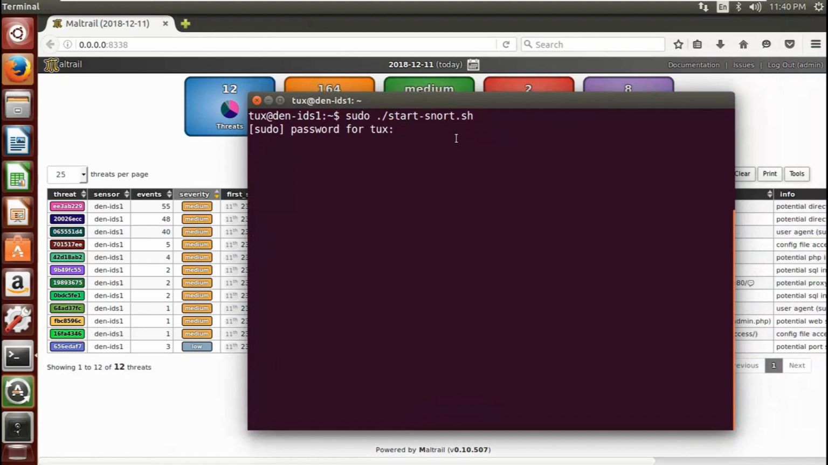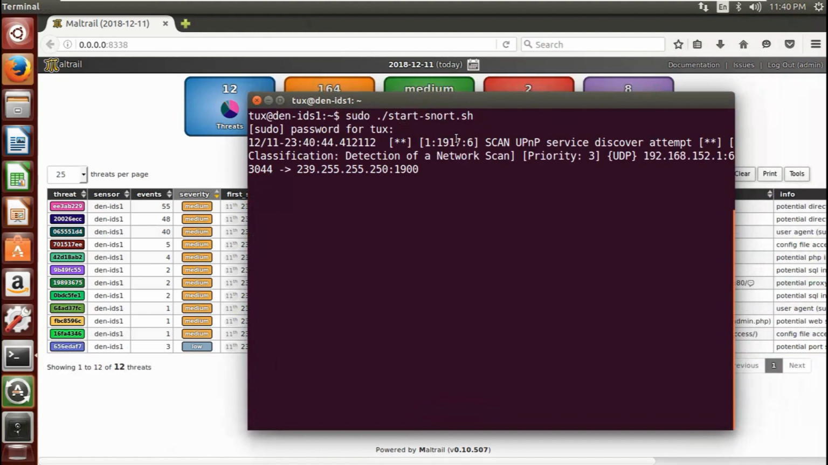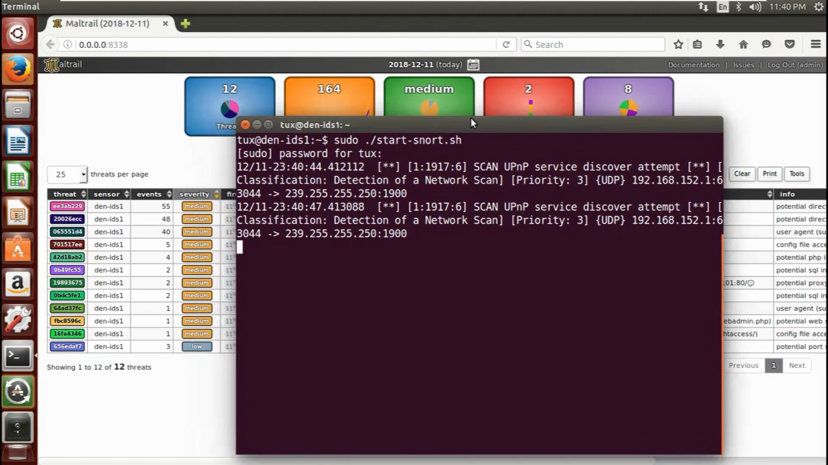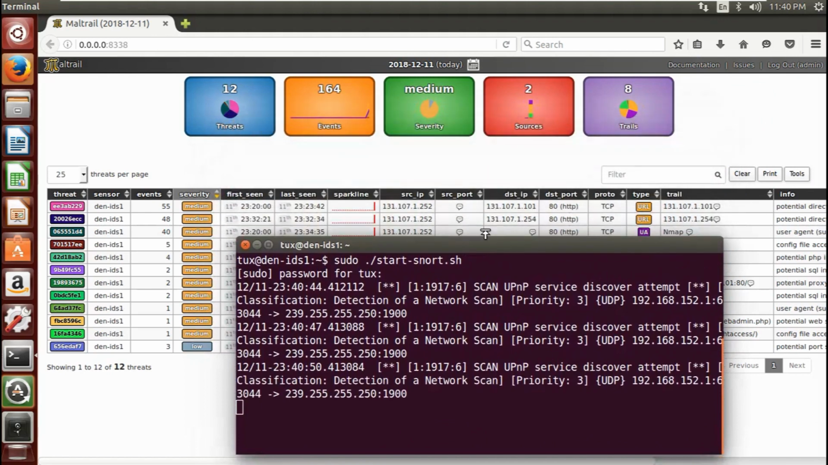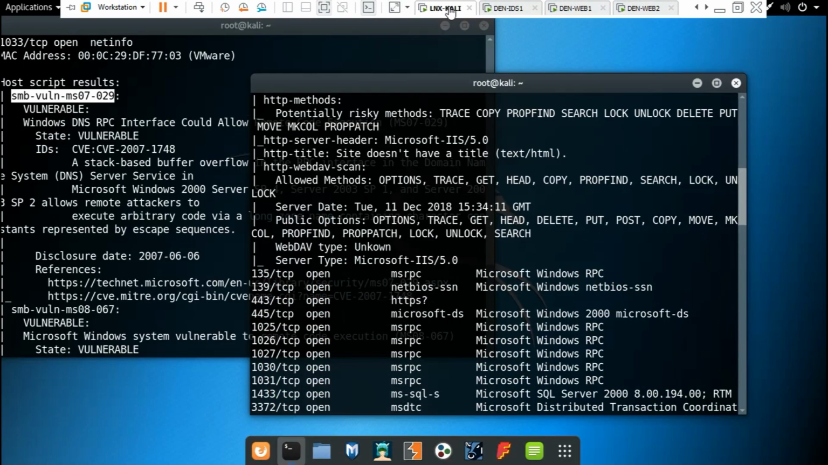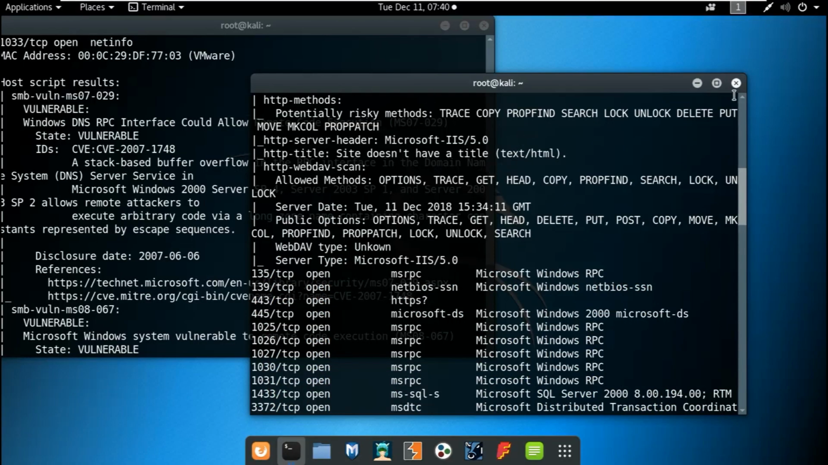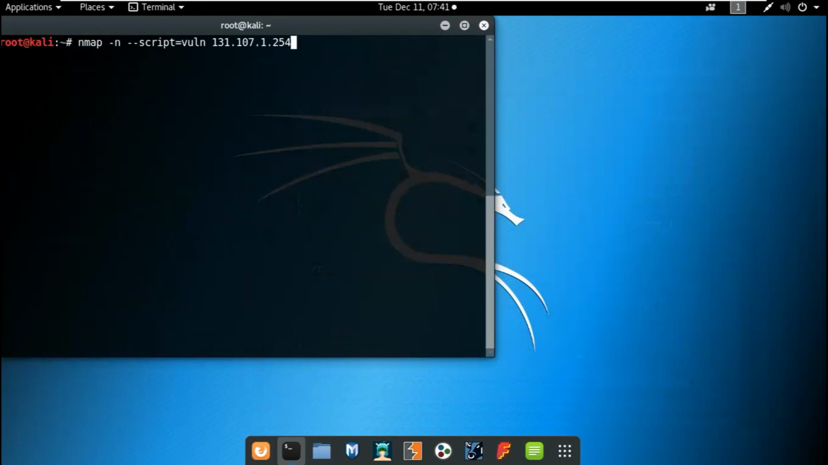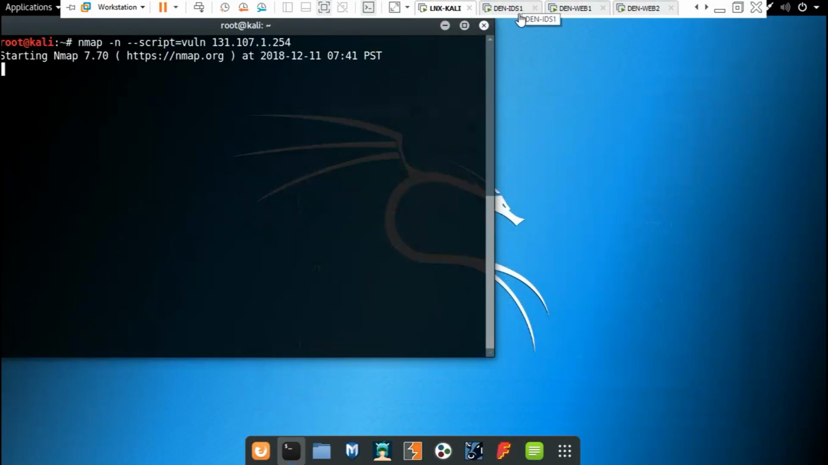Takes a while. Yep, it's already running. So you can actually put this below a bit. And while we're doing the scanning, let's repeat the scanning command. Let's just clear this one and run again to, let's say, 254, and see if our Snort